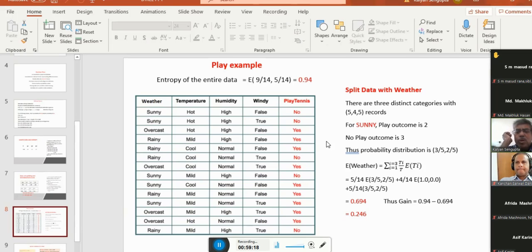And out of 14 situations, 5 were no, and 9 were yes. 9 plus 5 is 14. So they are very haphazard. It is not like 90% of them are yes, okay, and only 10% no.